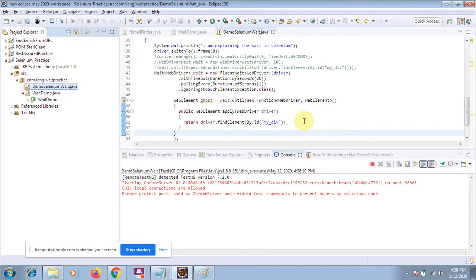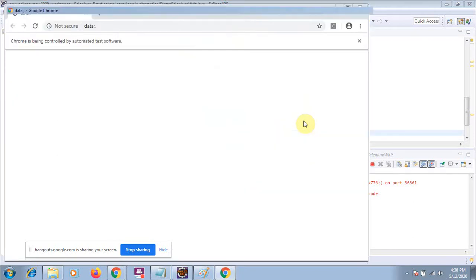So it's all about the five waits that we have in our Selenium. And after that we will discuss a little bit about the XPath, what are the XPath axes and what are the things.